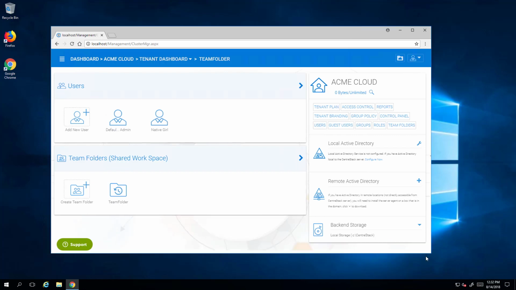And you've essentially finished setting up your CentreStack server. You've created a user that can get access to the server from their local computer, and you're ready to go. Now there's a couple of things you might want to do